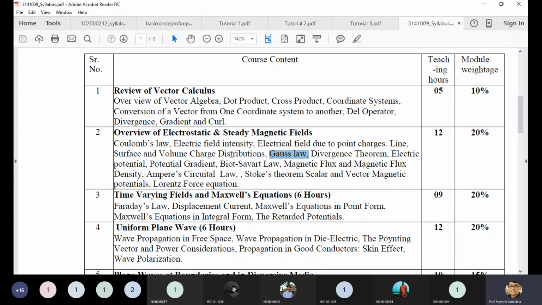From the electrical potential, it may be asked what is the potential and potential difference. And we are trying to find out the potential gradient. Gradient means we derive the equation E is equal to minus del V. This is called the gradient.